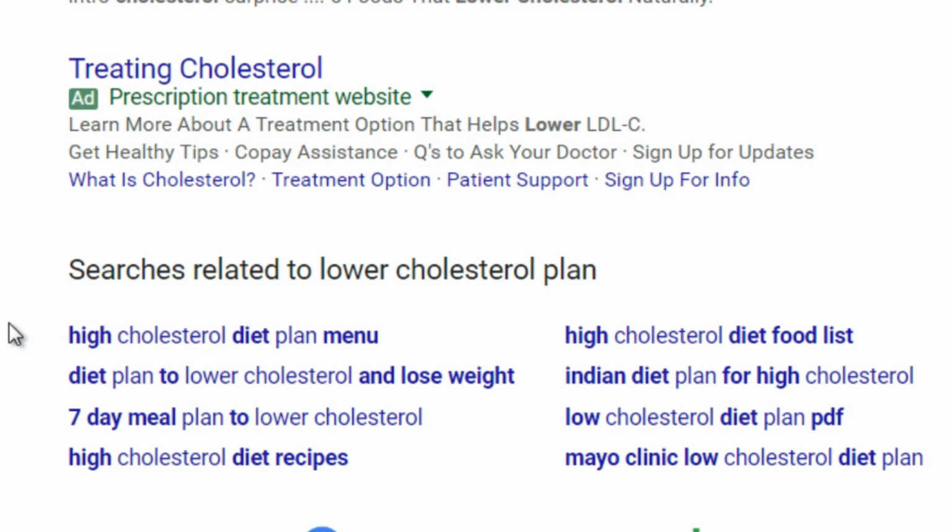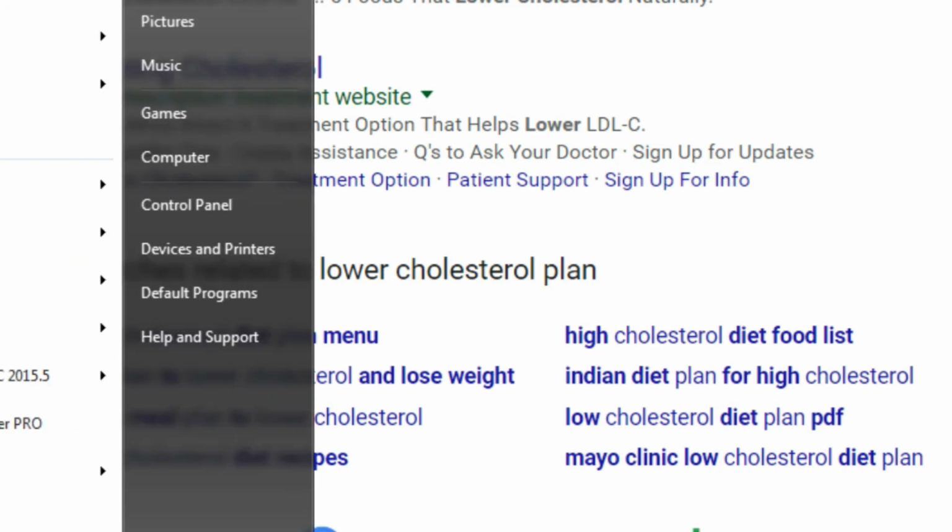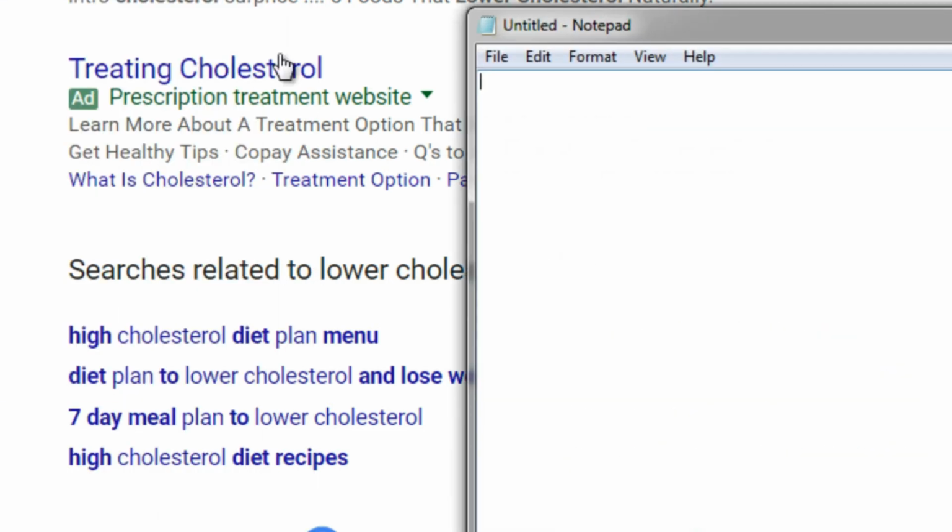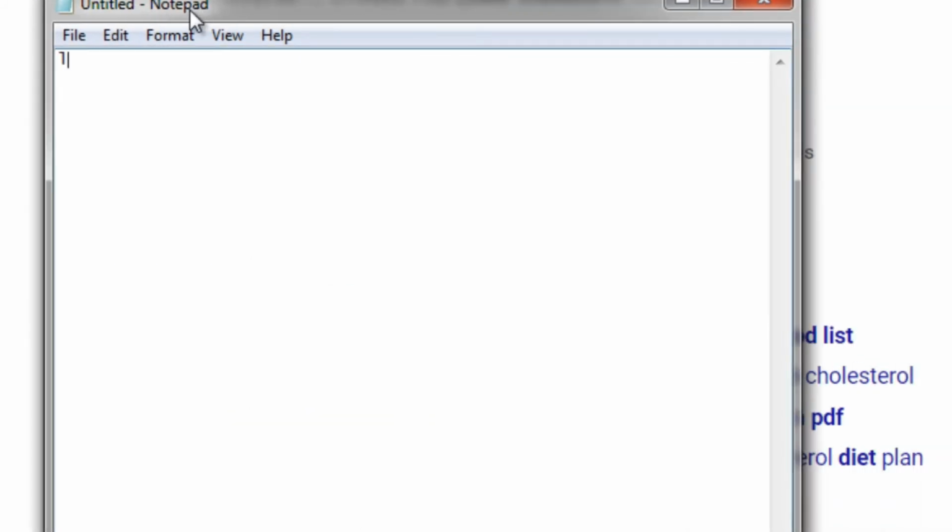And within that, we can see there's things like dieting. So let's just create a notepad here. Lower cholesterol, and within that, we can see diet. We can see recipes, which of course fits into diet. We can see exercise.